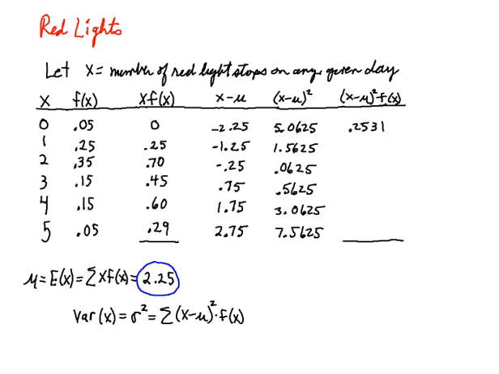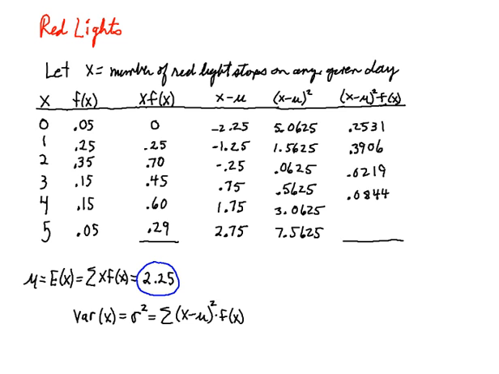Then I'm going to take 1.5625 and multiply it by the f of x value, 0.25. And that will give me 0.3906. 0.0625 times 0.35 would give me 0.0219, and I'll continue in that fashion all the way down,